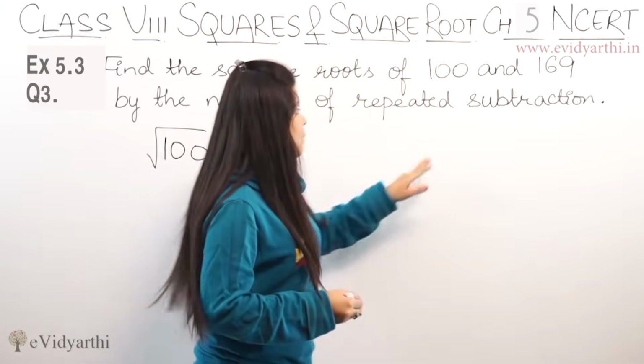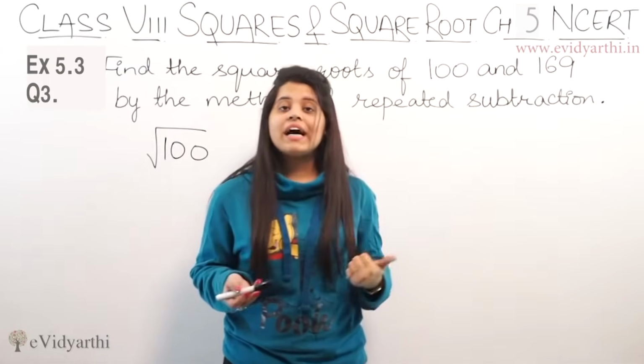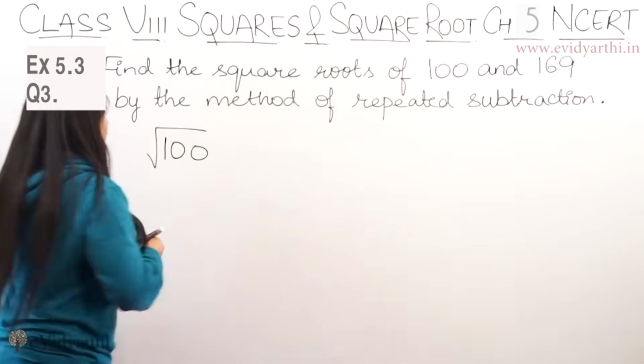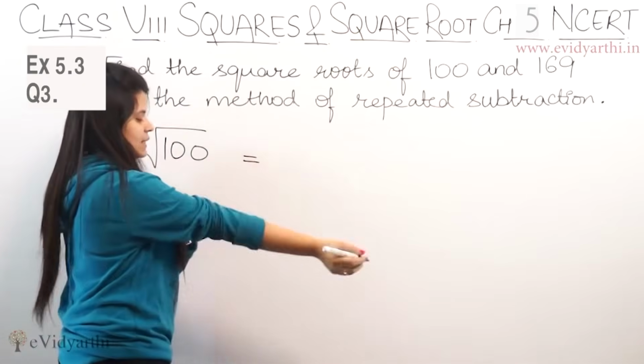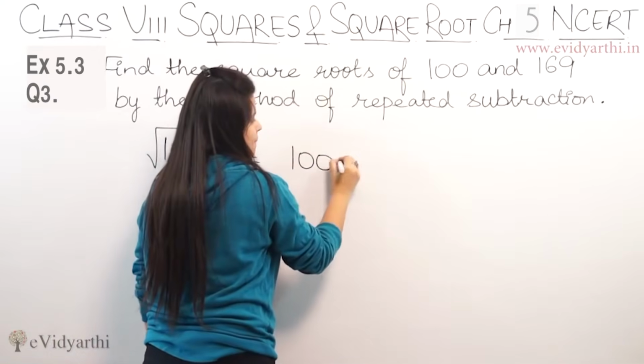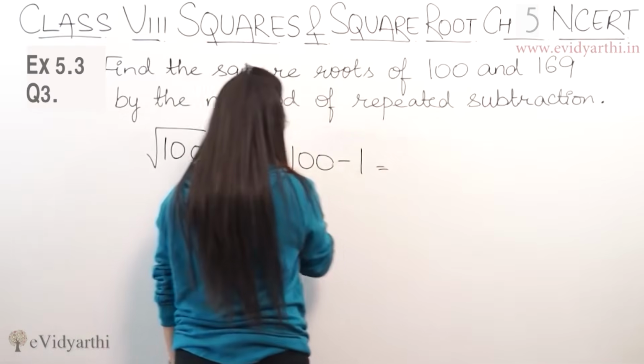So this means यहाँ पे जो subtraction का चल रहा है वो हम माइनस करेंगे क्या? So they are the odd numbers. So let's see how to do that. हमें 100 का square root find करना है. So we'll start with 100 minus 1. ठीक है? So 100 minus 1 is